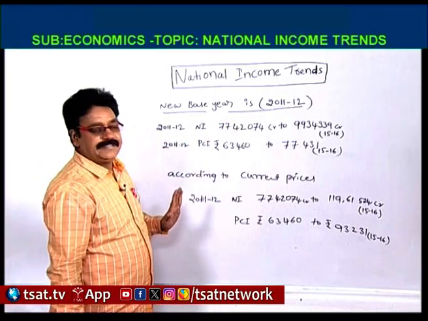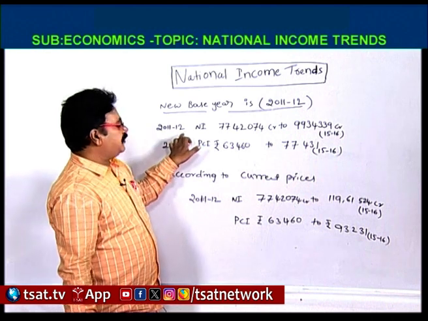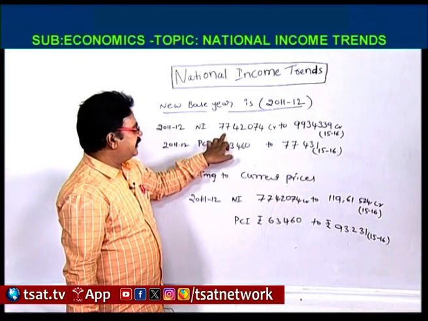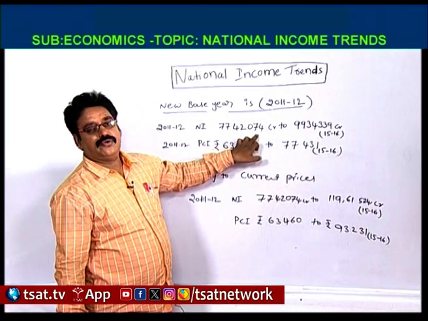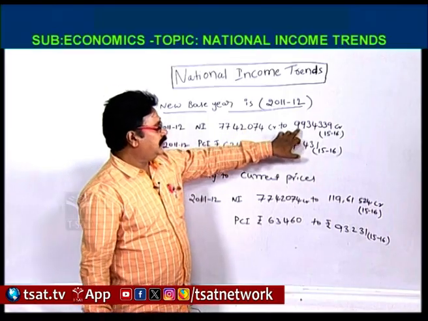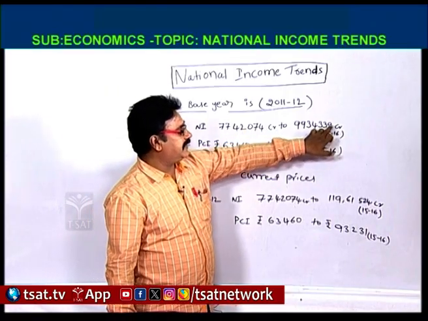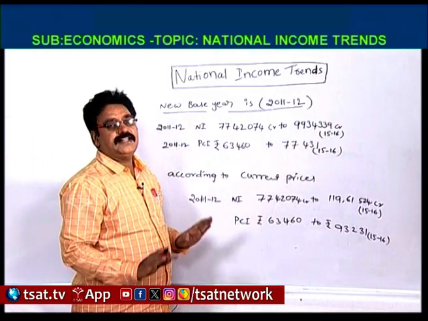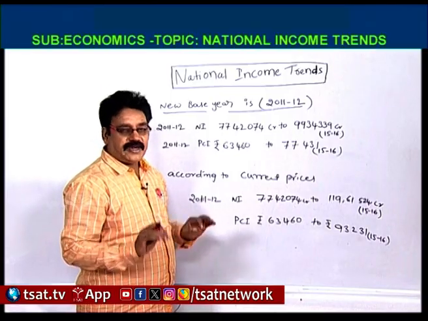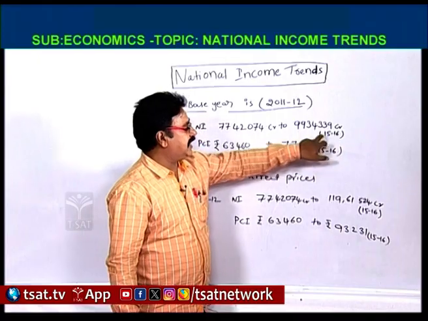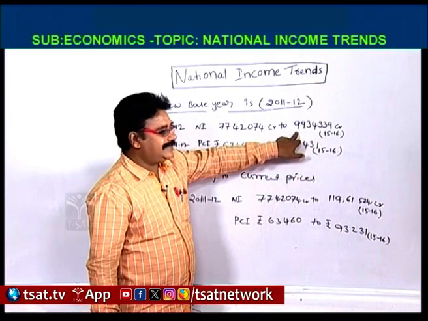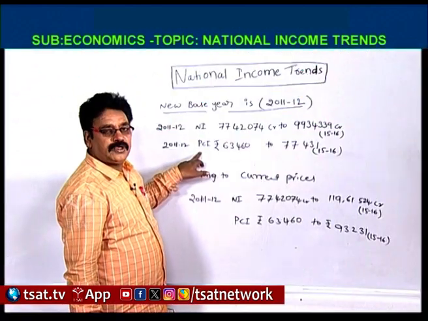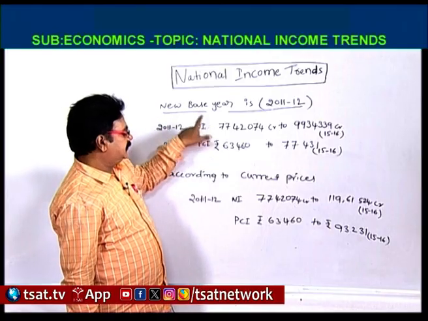We observe some trends. In 2011-12, according to the 2011-12 prices, our national income is 77,42,074 crores. This increased to 99,34,339 crores in 2015-16, based on the base year prices. Per capita income also, based on the base year,